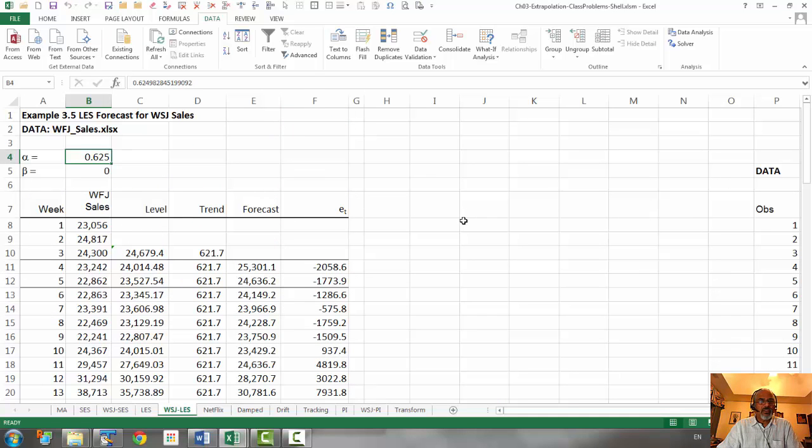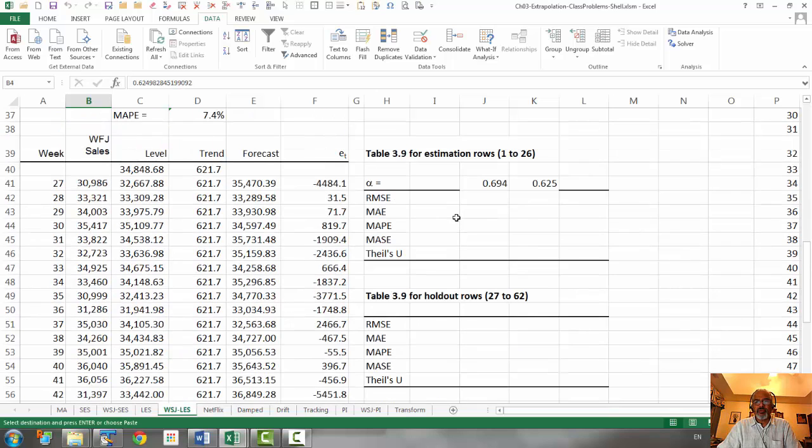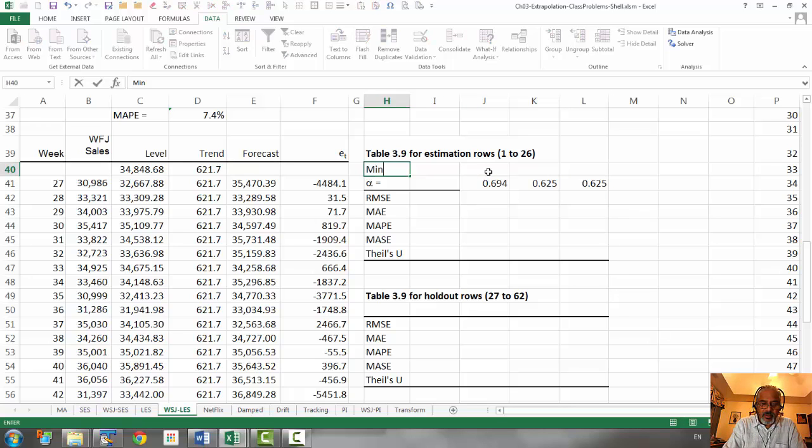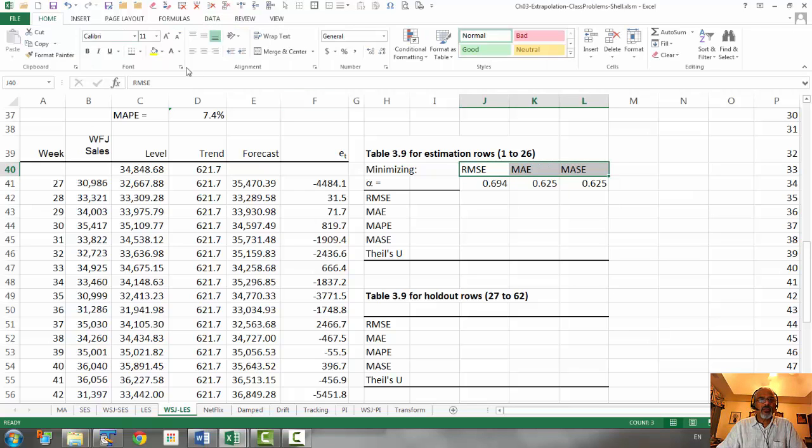So that gives you again beta equal to 0, and it gives you the same value. So this is minimizing, what? The first one is RMSE, the second one is MAE, the third one is MASE. So these are the three different criteria that we are minimizing, and these are the different alpha values we end up with,